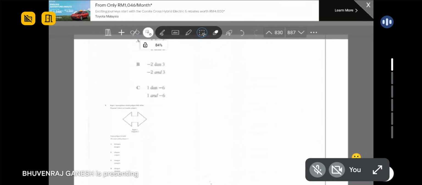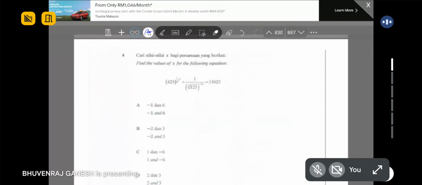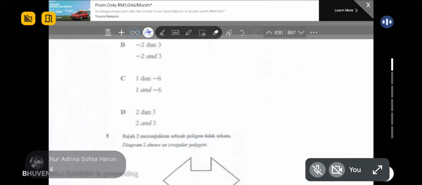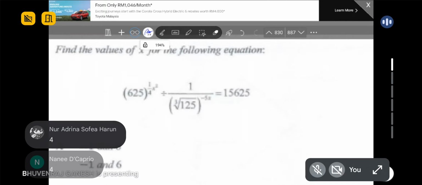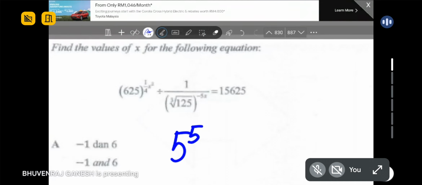Question 4 and question 5. Any question to discuss? 4 dan 5. Anything? 4 only 4. Okay, so for this one, very simple. You just need to change it to the same base, guys. Tukar dia jadi asal sama. Okay, so 625 is actually 5 power 4. 5 kuasa 4. And then 1 over 4x square